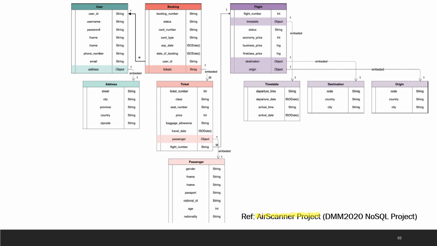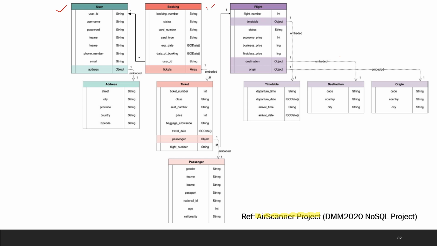It is part of the previous year DMM 2020 NoSQL project, and it used this diagram in order to represent how we design our document structure and also the relationship among different documents. Okay, we have, for example, here the document user, and we have the document